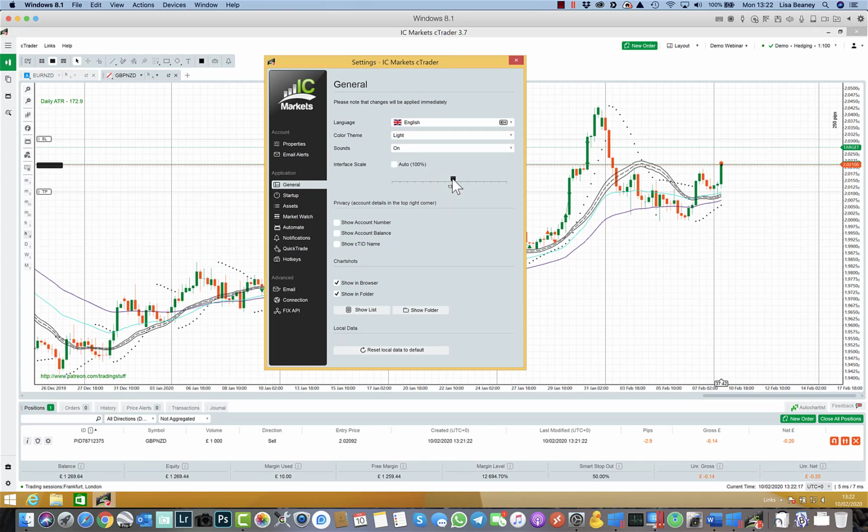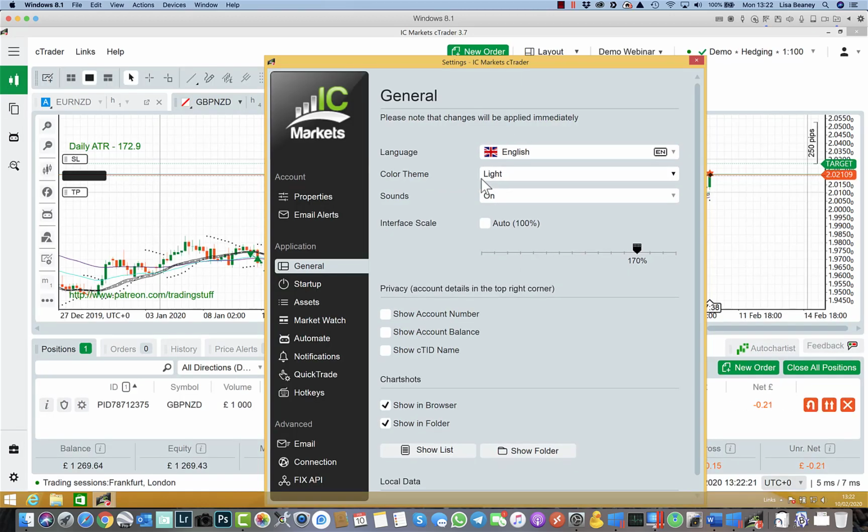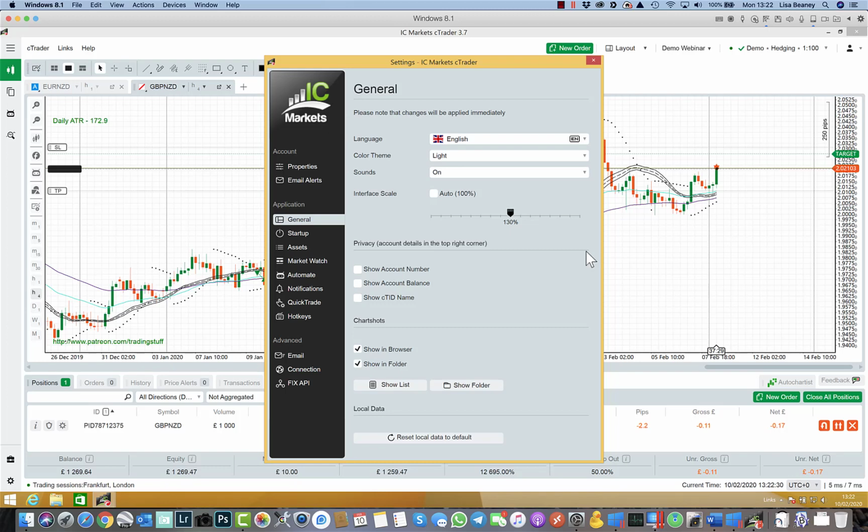And if I go up to 170, you can see it's all a lot bigger and a lot easier to read. I found the kind of sweet spot for me on this machine is 130%. This will be dependent on your screen and your screen resolution, so it's worth experimenting and seeing which one works